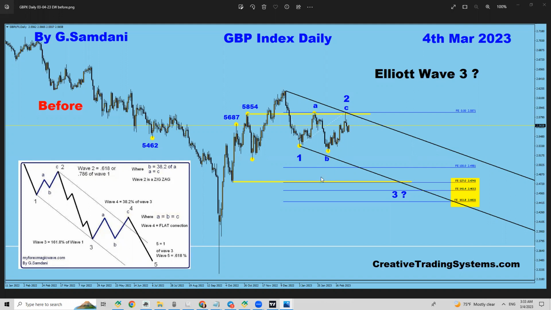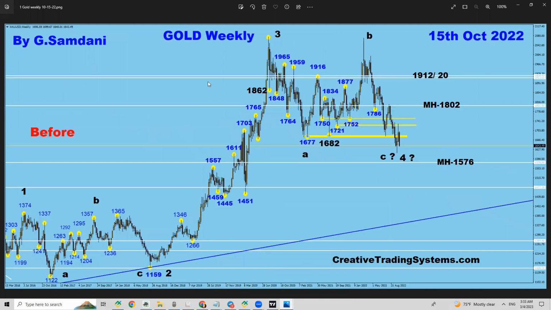So my weekly charts, daily charts. Let's get started. Let me show you this gold weekly chart. I'm always tracking this, but the last wave 5, which we are in right now. Wave 4 ended here to the downside, from the top all the way down, and I predicted that it was going to drop, and it did. So I said wave 4, wave C ending, wave 4 is finished here. See the question mark? That means I'm expecting it to bounce from here, 1682, and go up. So what happened to this chart?